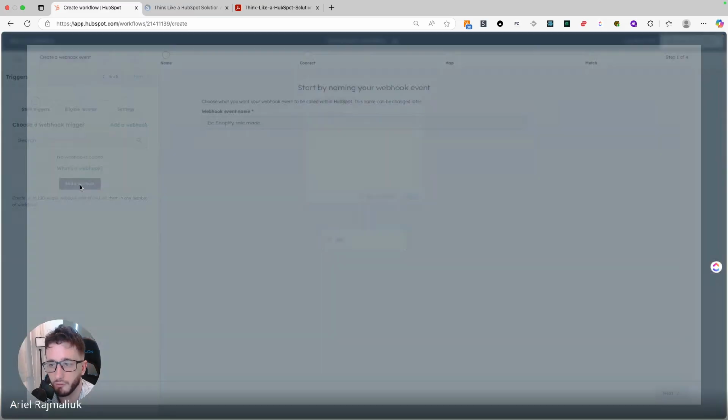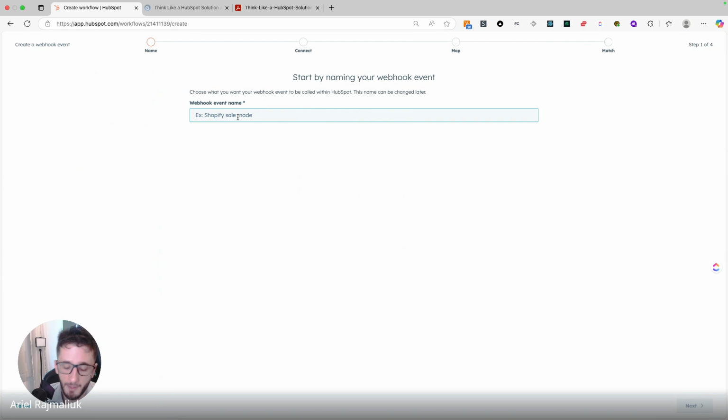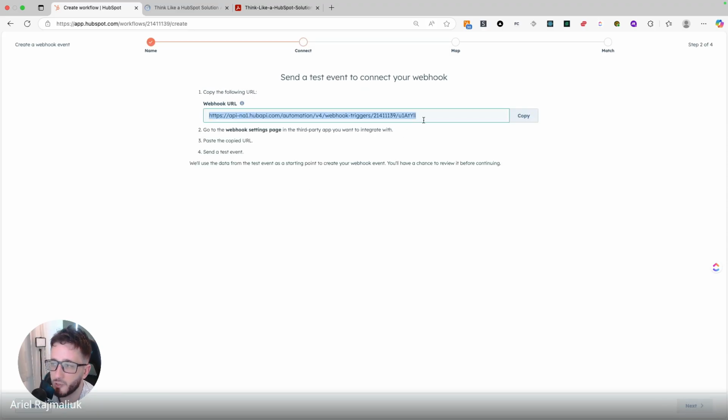So for example, let's say new visitor, let's say somehow you found a way to detect the face of someone in your company, and that will send a webhook to let you know that that client visited your store. So new visitor, right? This gives you a URL, right?